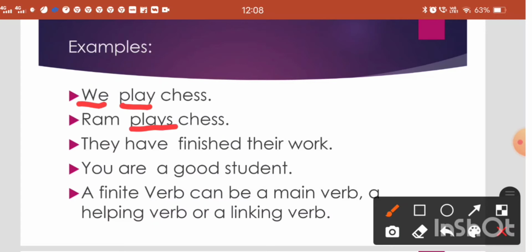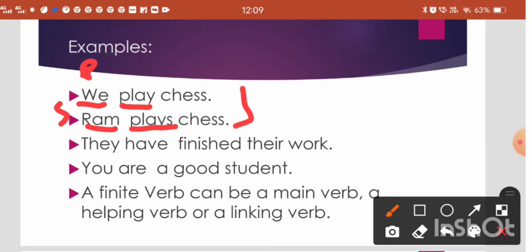We is a plural subject and Ram is a singular subject. It means play or plays, the verb has changed its forms as per the number and person of the subject. The number and person of the subject has affected the form of the verb. So, play or plays,